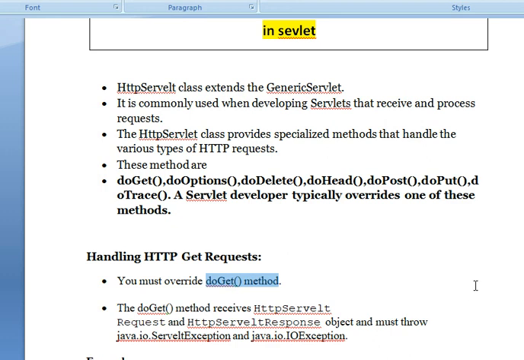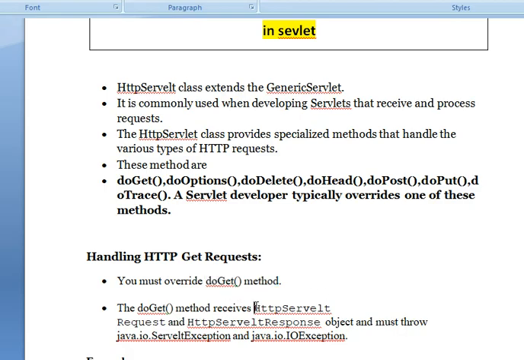The servlet is invoked when a form on a web page is submitted. When a servlet container first routes to a servlet, it invokes the service method. By default, the service method will dispatch to doGet or doPost based on the method information given in the HTTP request header. So you must override doGet method.